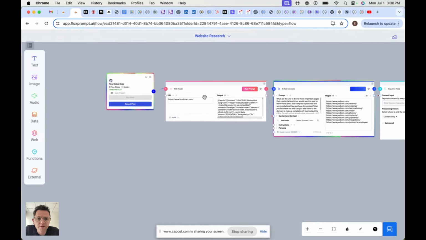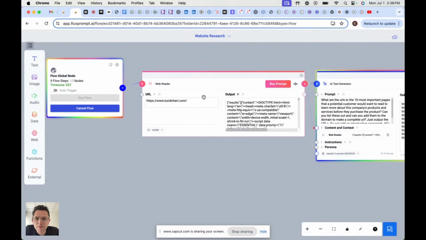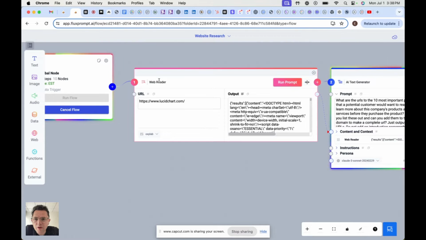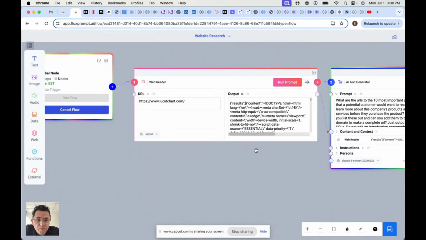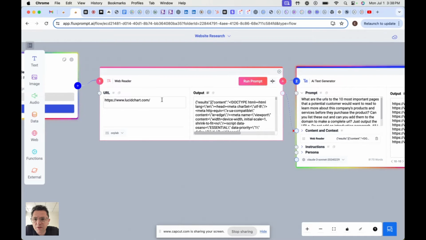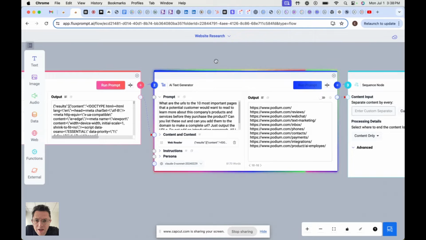and I'm going to explain every step of the way of this flow. So the first thing is we're using our web reader. This is a web scraper. There are lots of different options here. We use a few different libraries built with APIs, Oxylabs, or ScrapingBee. Anyway, the first thing I did was I just asked it to go and scrape the home page, and then from that, the next step is that I asked it to